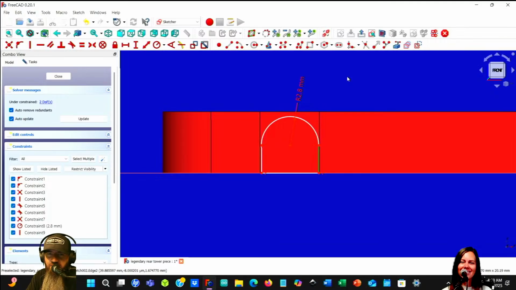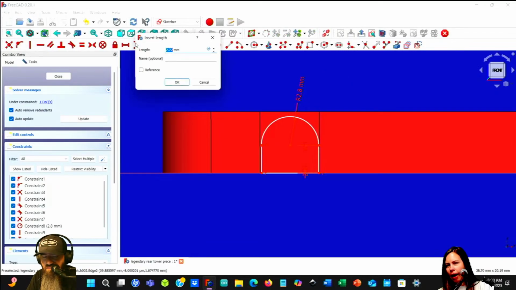So 53 minus 28 is what? Quick maths. 25? We need Declan. Is it 25? I'll have to actually use the calculator for this because I can't think right now. 53 minus 28 is 25. Okay, so this distance needs to be 2.5.